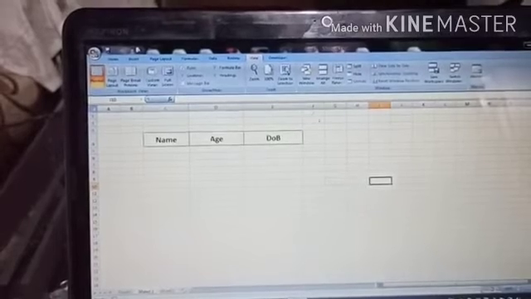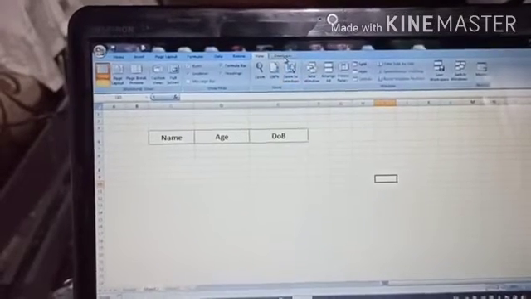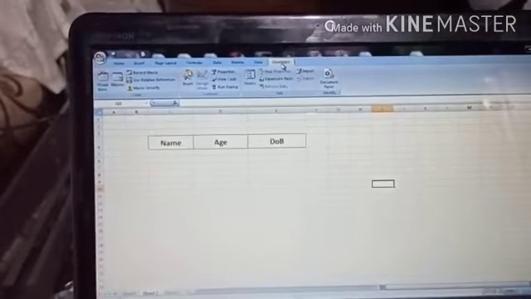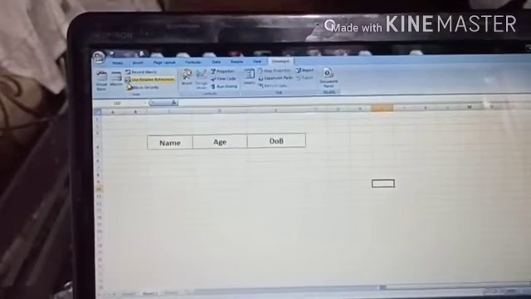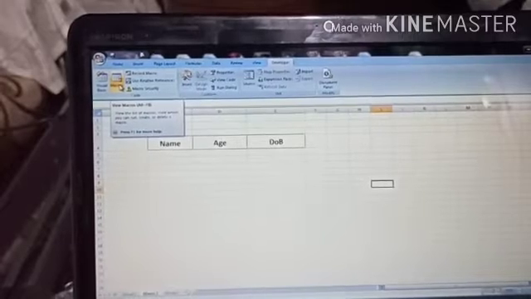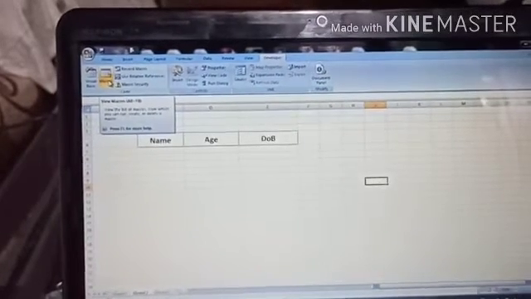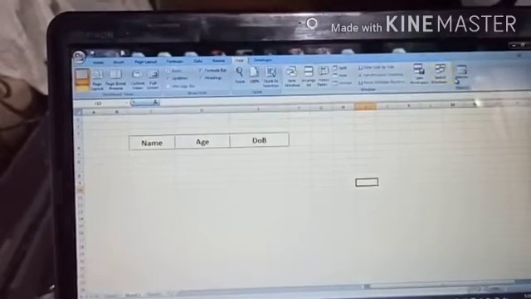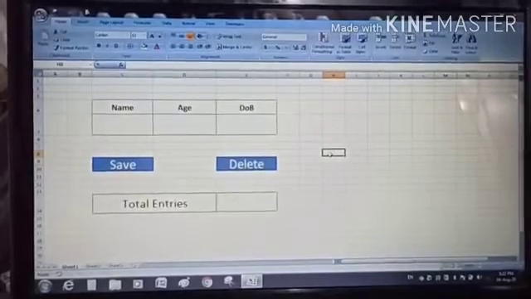Here you will see a new tab named Developer. Under this Developer tab, you can find the macro option. So in this way, the macro option can be present under 2 tabs, under the Developer tab and also under the View tab.